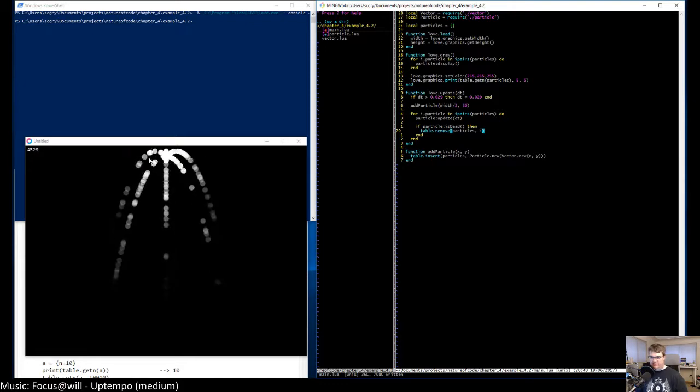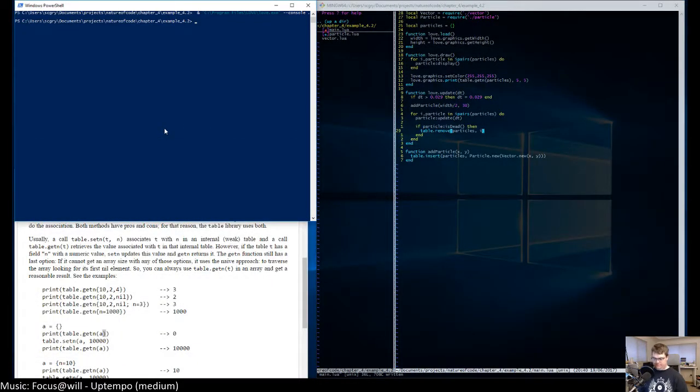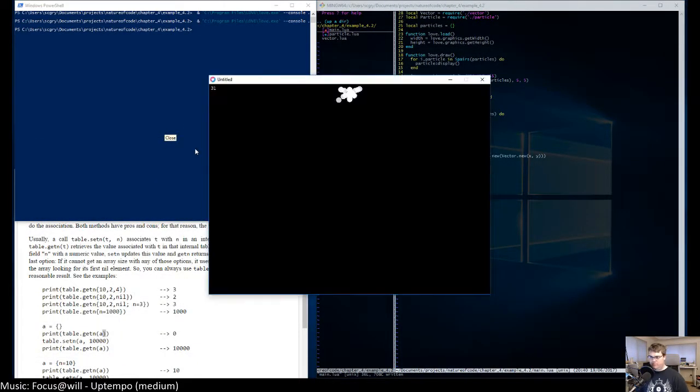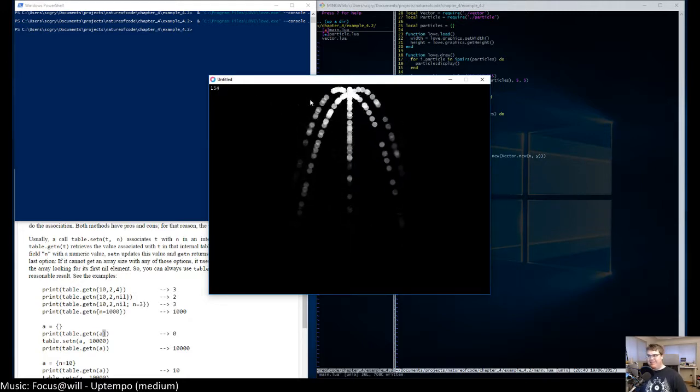That should do that. So we should see this number start to go up, and there it is. It hits around 153, 154, and then it's cleaning them up because they're dying right around this area.